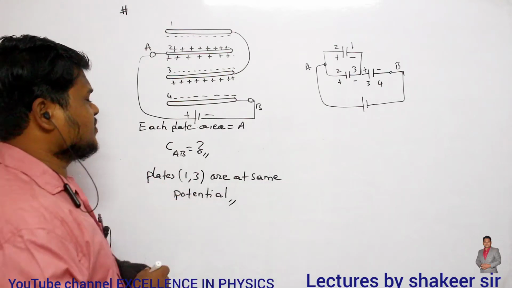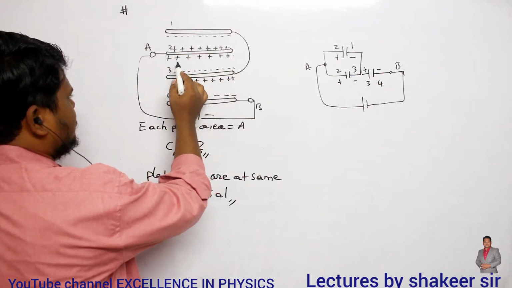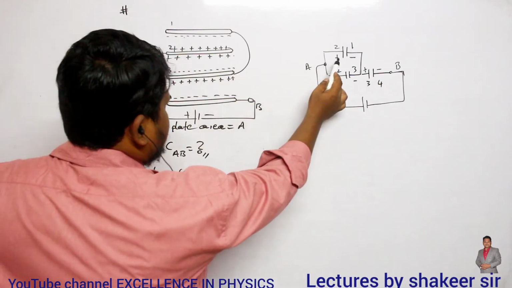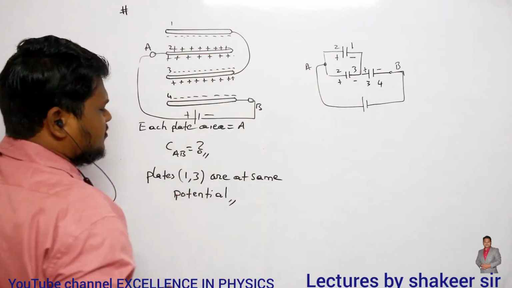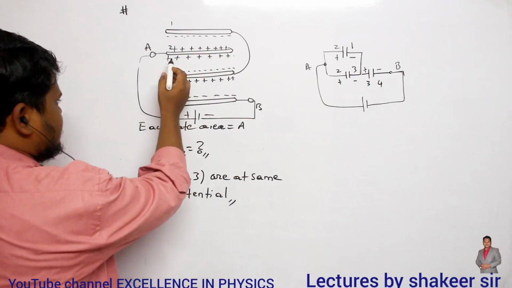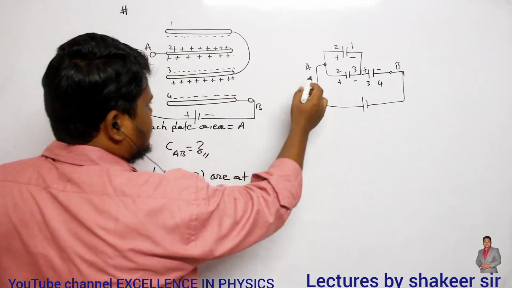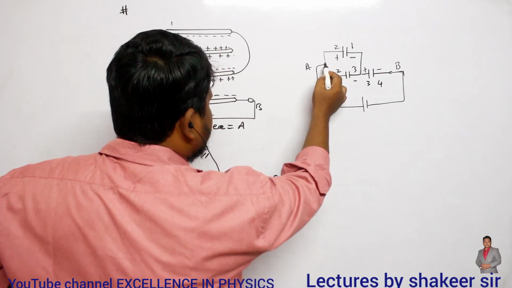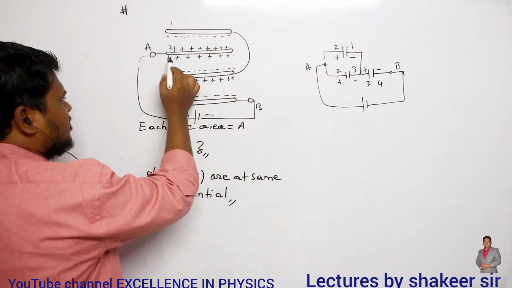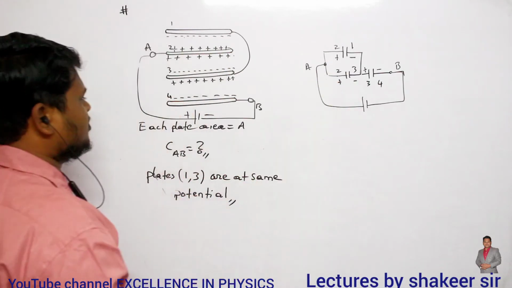See, I will explain this again. This is my positively charged plate number 2. So 2 and 1 will form one capacitor, because this is positive and this one is negative. From the same second plate, I am forming one more capacitor also, 2, 3. This plate and this plate must be at the same potential, because it is the same plate, 2 and 2. So 2, 3 will form one more capacitor.